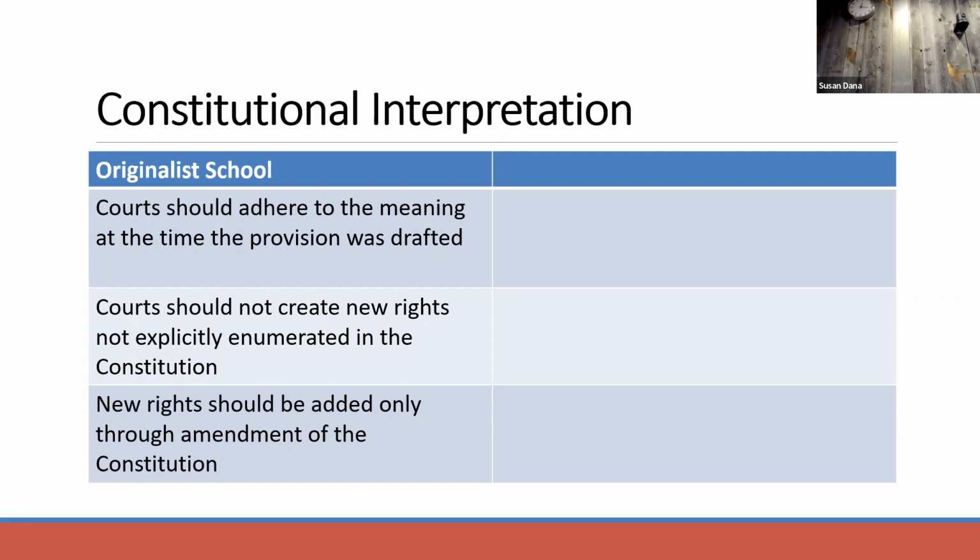The people might want to add or maybe take away rights that are in the Constitution. We have a process for that. It's called the amendment process, not judges. It's the amendments. That's how you do it. The other interpretation